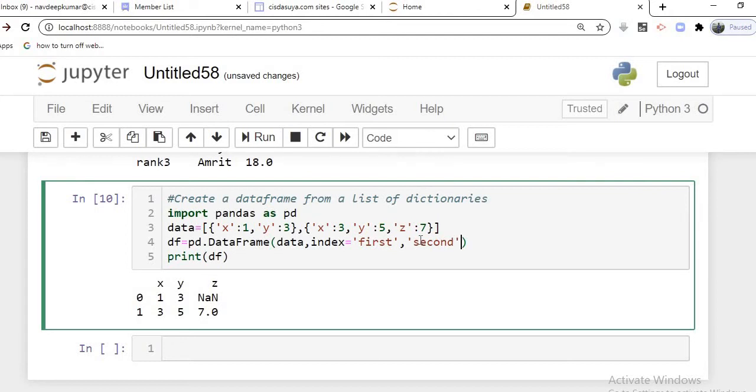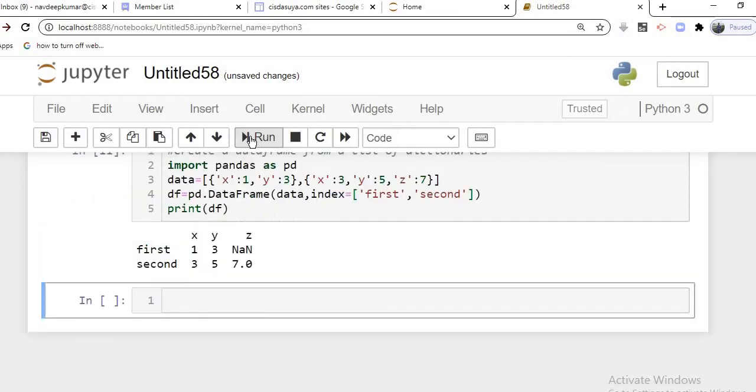These values we put in a list. Run this one. Now see, the index has been changed to first and second.